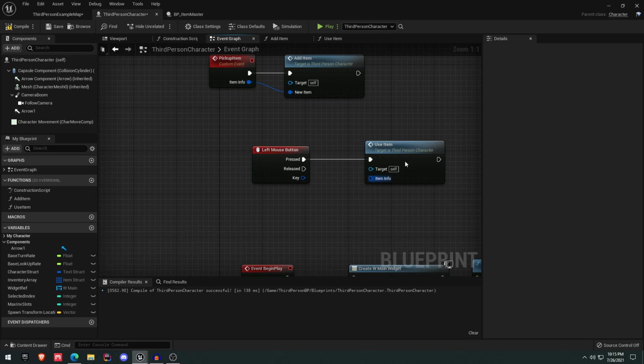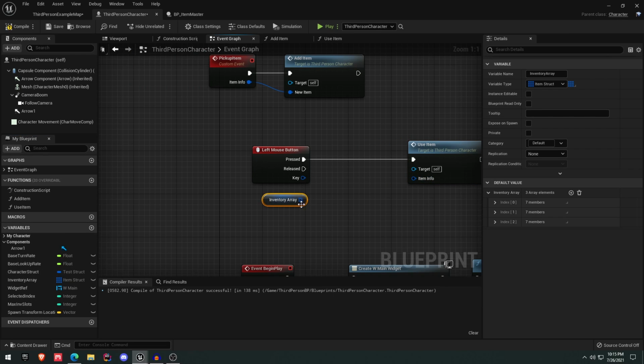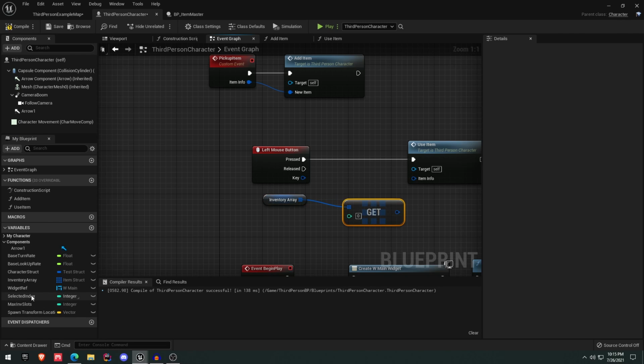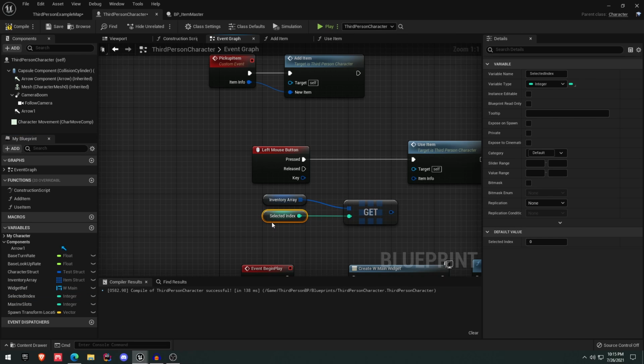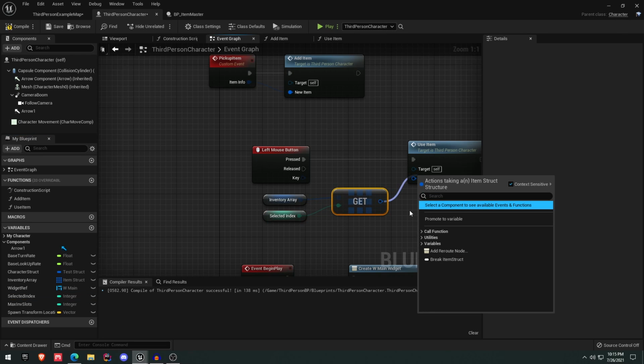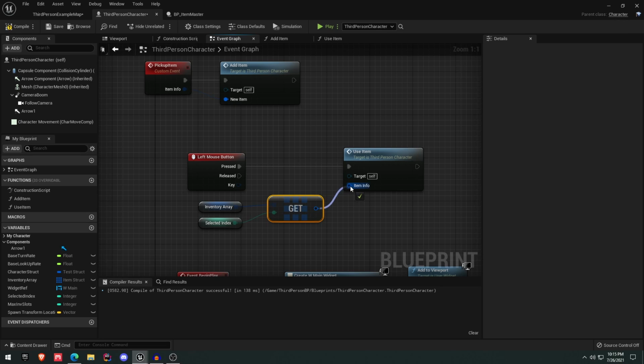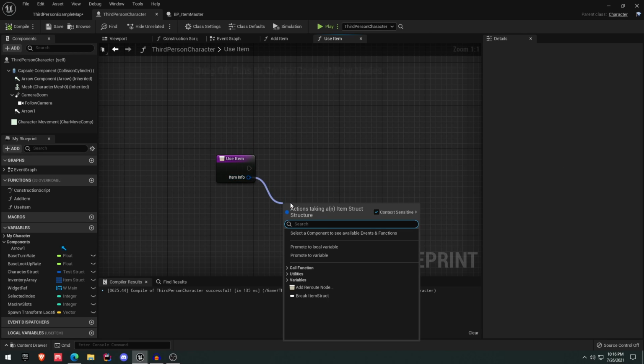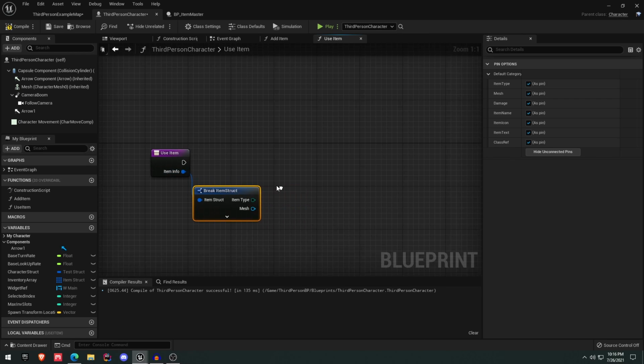And then what we want to do is we want to get our inventory array, do a get at our selected inventory index, and hook up the item info to our use item function. So when we click left mouse button, it will get our inventory array, get the item at the selected index that we have. So in here, what we want to do is we want to break item structure, and then